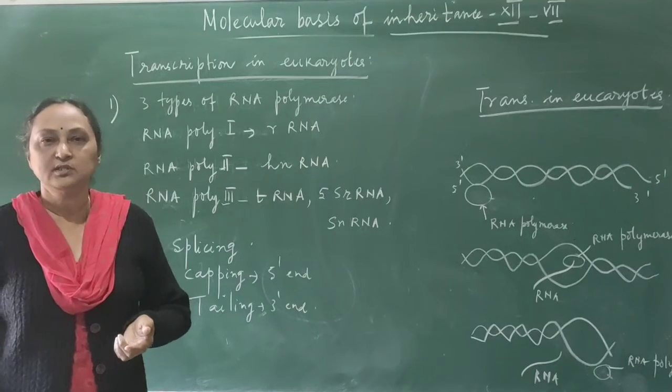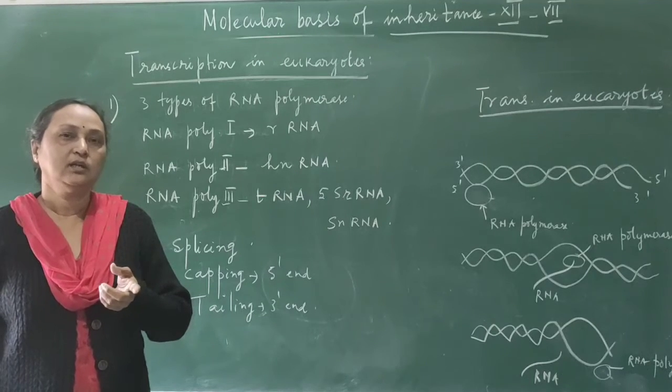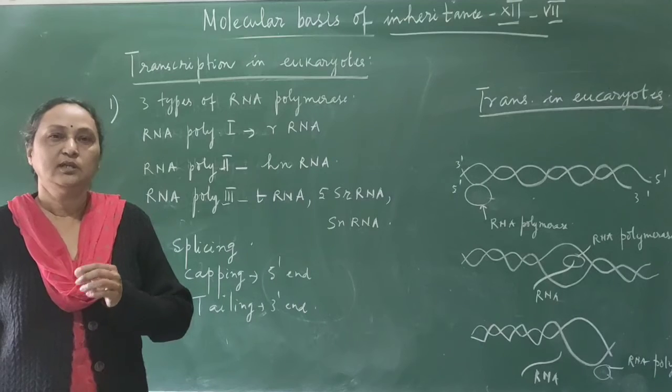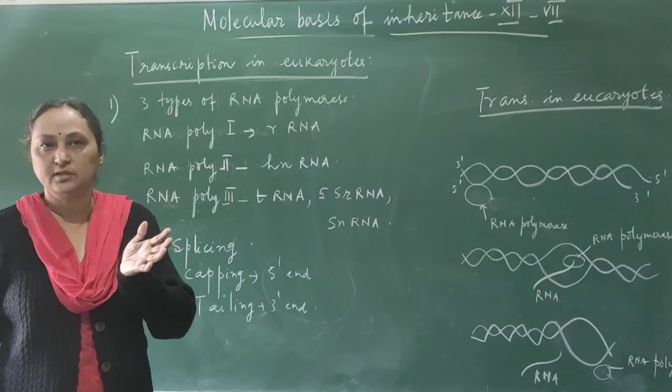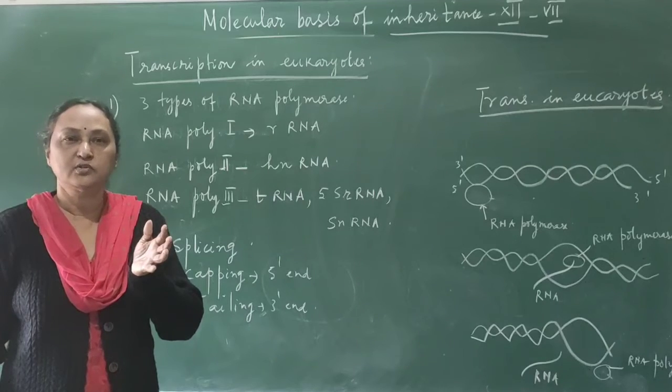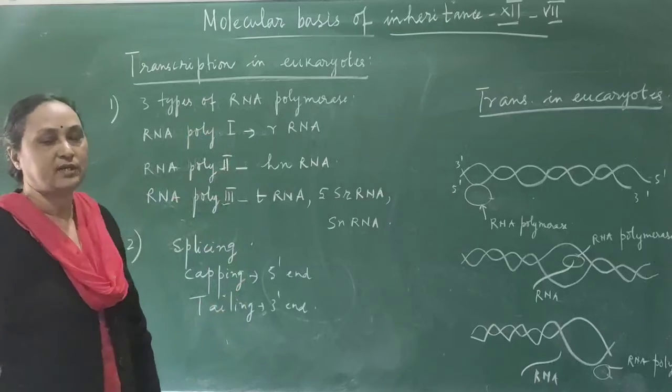When the RNA polymerase reaches the termination site, then the Rho factor joins, and then the process will stop. Then the Rho will separate, RNA polymerase will separate, and the RNA molecule will also separate. Okay, and there is no processing in RNA. But in eukaryotes, the process is different.